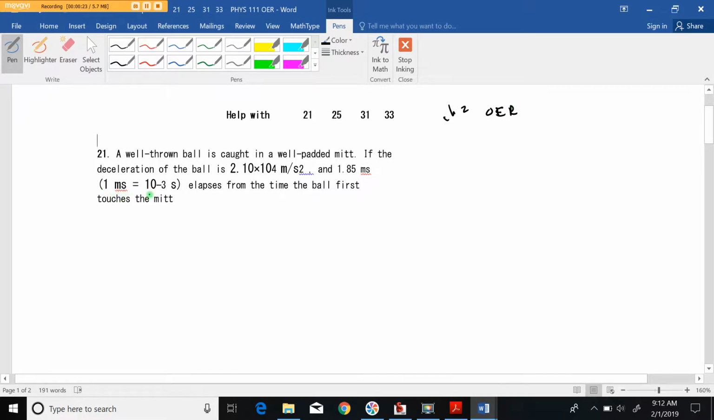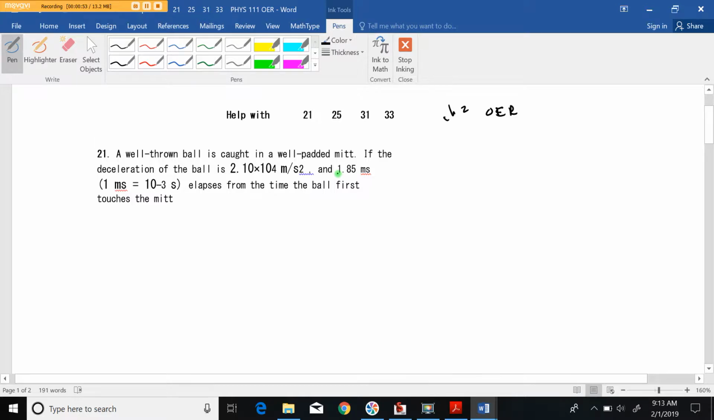So for example, this 1 millisecond, this is 10 to the minus 3. That's supposed to be a power. All right, so number 21, it says a well-thrown ball is caught in a padded mitt. If the deceleration of the ball is 2.10 times 10 to the fourth meters per second squared, and it took 1.85 milliseconds